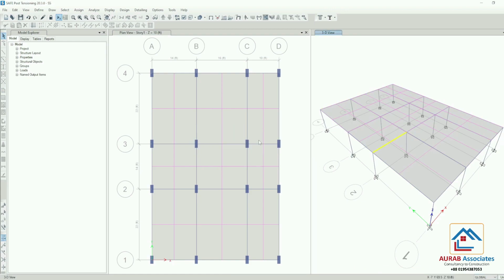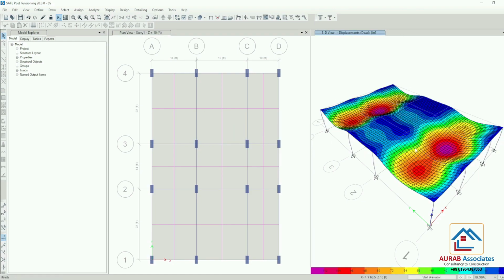Okay, here SAFE showing us the displacement value. Okay, here this is okay. Here we are getting this displacement value in mm. We are getting 2.97, but this is not for our desired load combination.